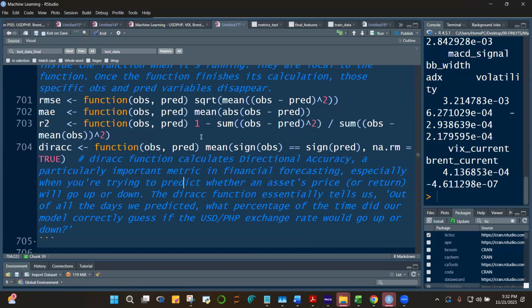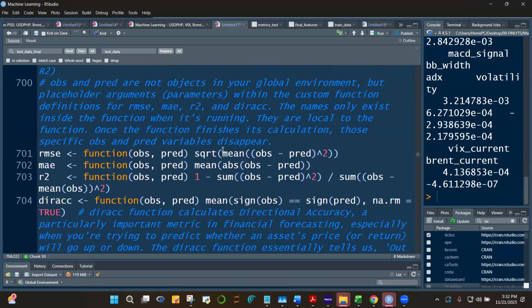Now sometimes we might not be as much interested in the RMSE, or let's say the accuracy of our predictions, as compared to the directional accuracy. What's directional accuracy, class? So for example, you have on this day your returns went down, so it's negative,